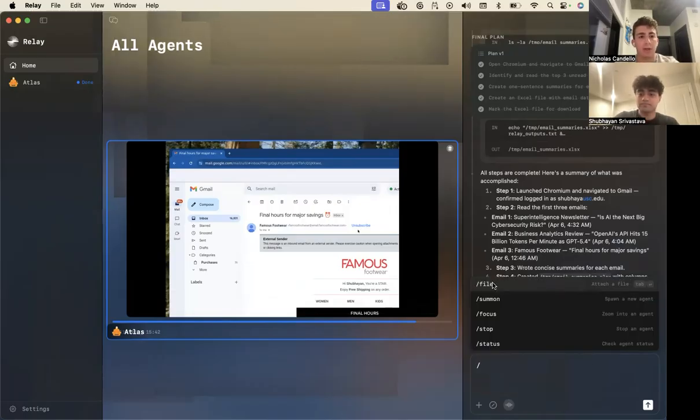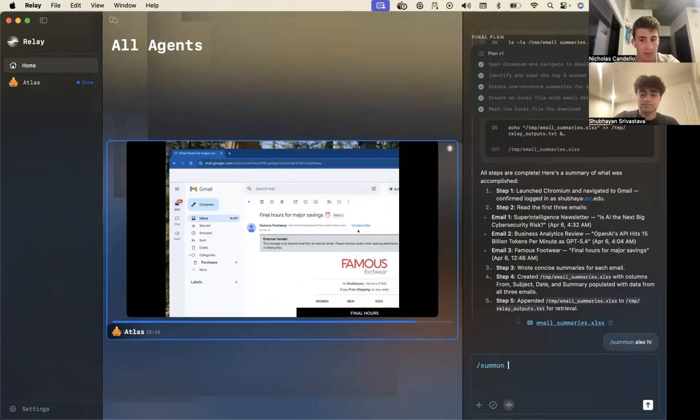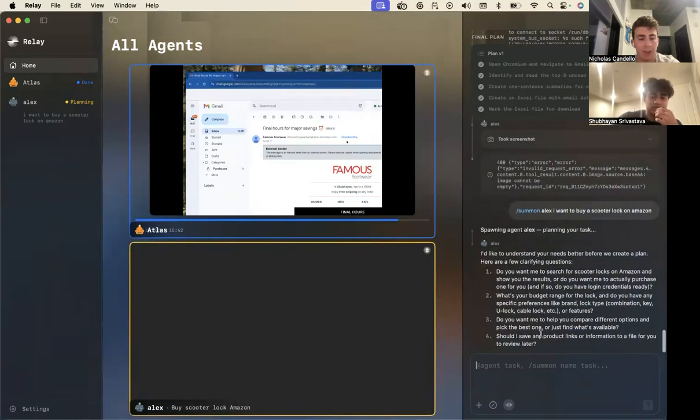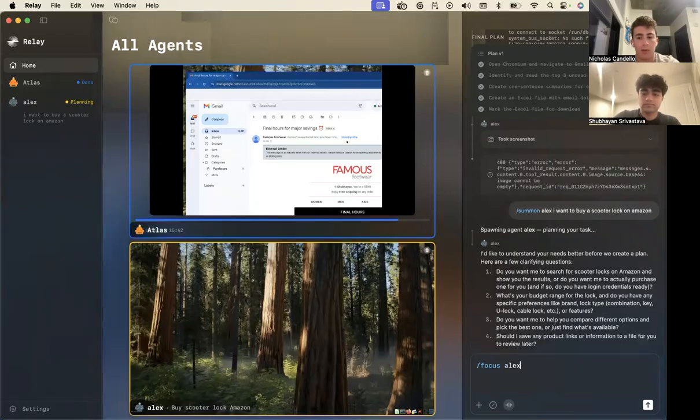And one of the other things you can do with Relay is have multiple agents running at the same time. So we're going to summon a new agent named Alex, and we're going to have him buy something on Amazon for us. So let's have him buy a scooter lock. So you can see as soon as we summon the agent, a new container is created on our computer that will run an isolated computer use